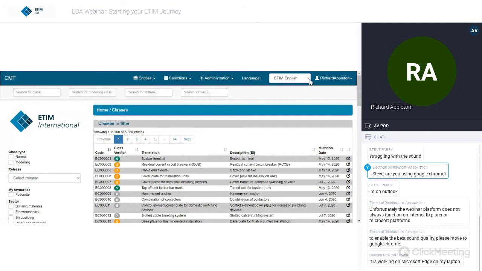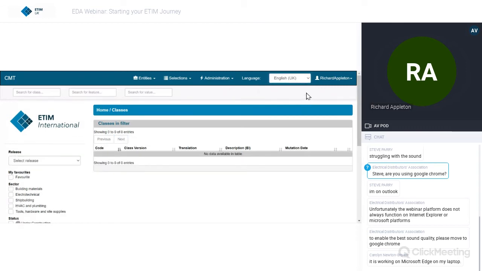The first thing I'm going to do is select my language, and you might think, well, it says ETIM English up there, so you're in English, that's fine. But if you look down the list of all the available languages, there are actually two versions of English. We've got ETIM English and we've got English UK. And English UK is the one that we want. ETIM English is